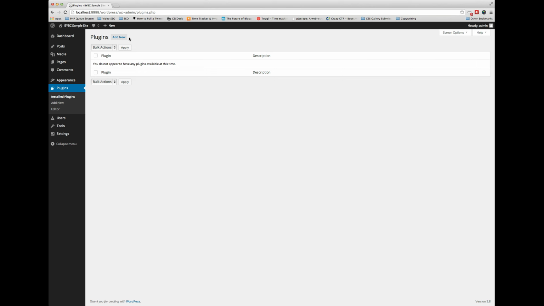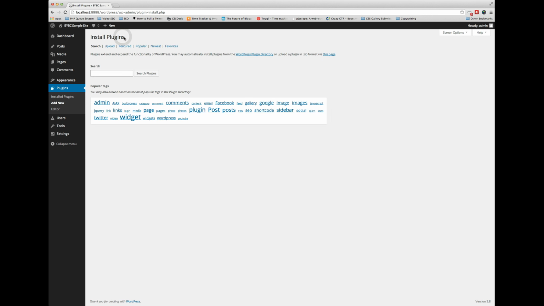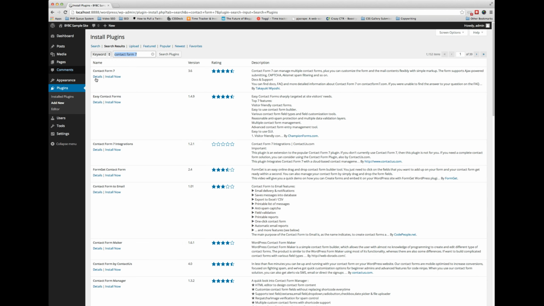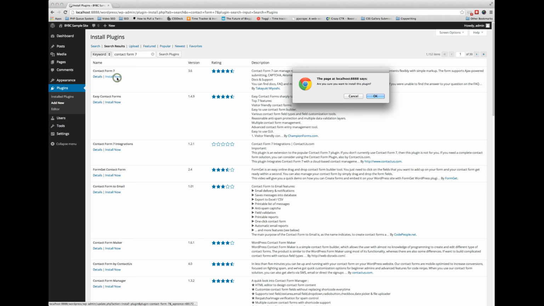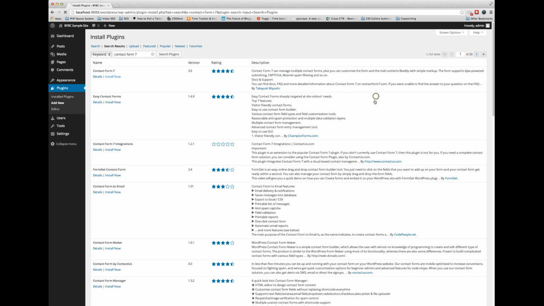The easiest way to do it is just from within this backend here. You can click on Add New, and it lets you do a search for a plugin. Now, I like to use the Contact Form 7 plugin for my contact forms, so we'll go ahead and do that. Search for the plugin, and it just brings it up right there. We can install Contact Form 7, click OK,